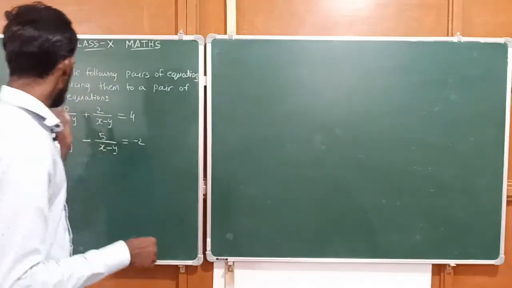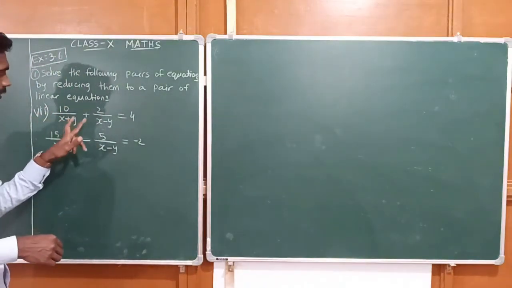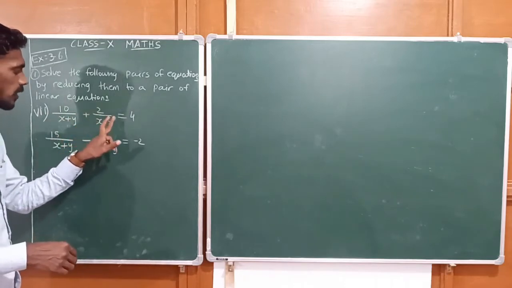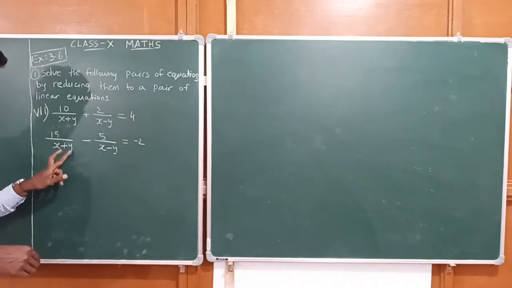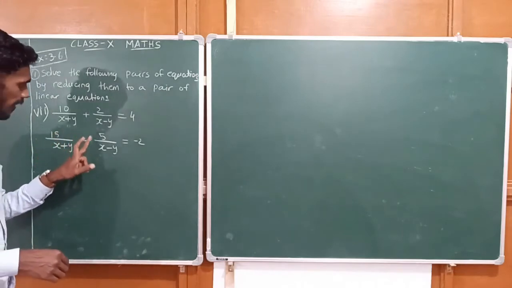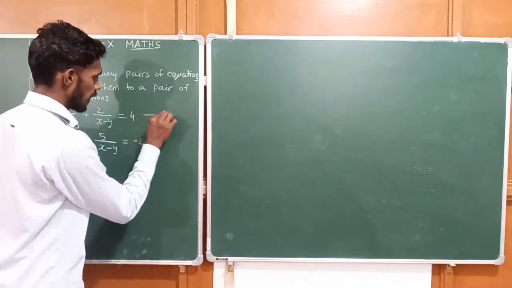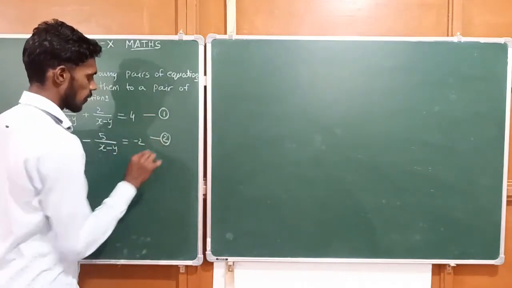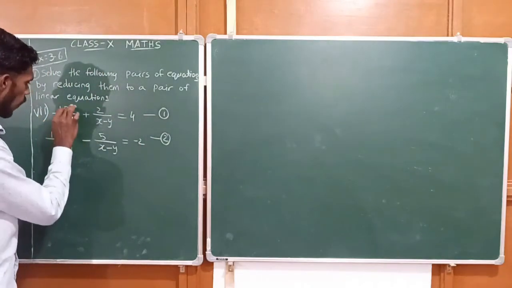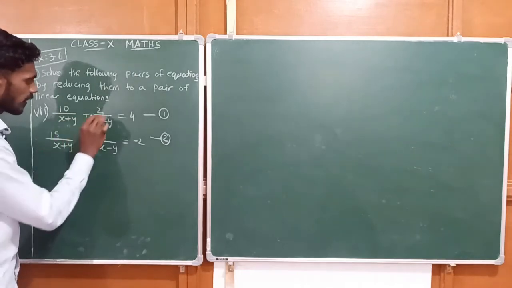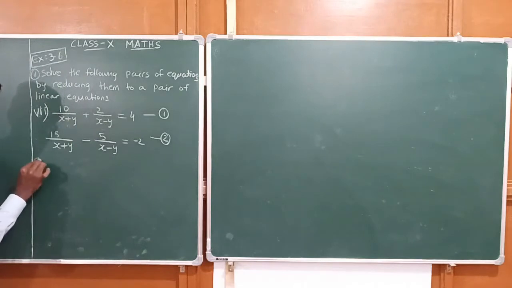Next, the seventh subdivision. First equation: 10 by x plus y plus 2 by x minus y is equal to 4. Then the second equation: 15 by x plus y minus 5 by x minus y is equal to minus 2. Let me name the given equations as number 1 and 2. See here, in both the equations we are having 1 by x plus y and 1 by x minus y forms. So, we are going to substitute,